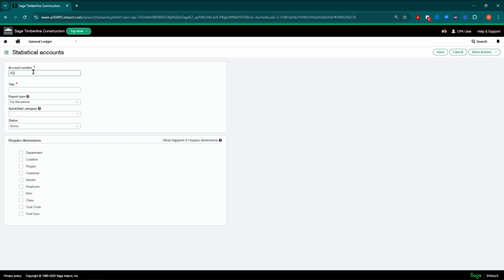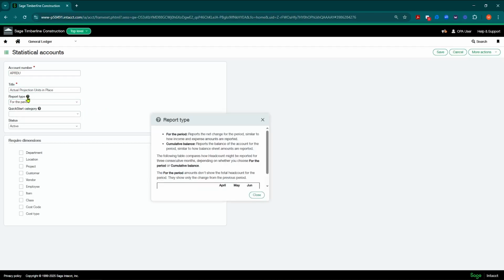And you only get 5 digits. So you've got to use actual production units. So you'll have to have an ID, whether it's alphanumeric, and then what's the default reporting period. We want it for the period or a cumulative balance, and you can use the little help question mark on